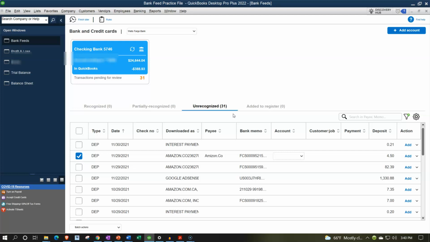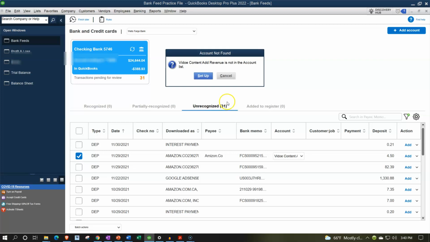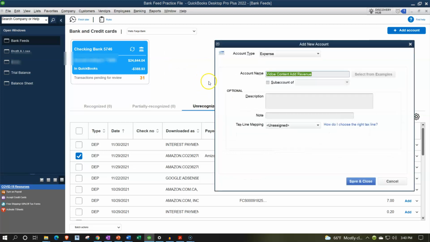So basically, like kind of AdSense revenue from video content. So I'm going to set up a new account. Instead of just calling it like Amazon Prime Income, which is kind of like naming the vendor, I'm going to try to put a category for video content and then call it ad revenue, video content and ad revenue generally. And so I'm going to set that up. Might not be the best category, but